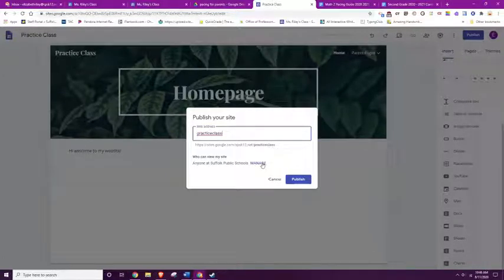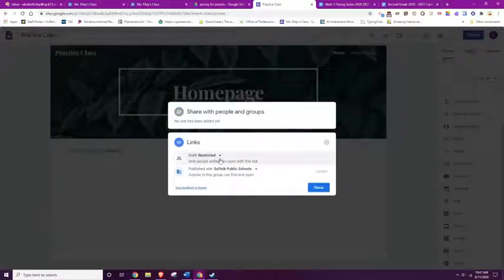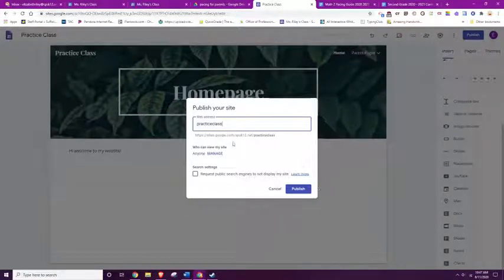This is the important bit. Right now, its default is that only people in Suffolk Public Schools can see this. That means anybody who does not have an SPS K-12 email address and is logged into the computer under that email address will not be able to see this. You want to make sure that you click manage, and you want anybody to be able to see it. So publish site should be for the whole public. At the bottom, you make sure that you click publish site as public and click done so that anybody